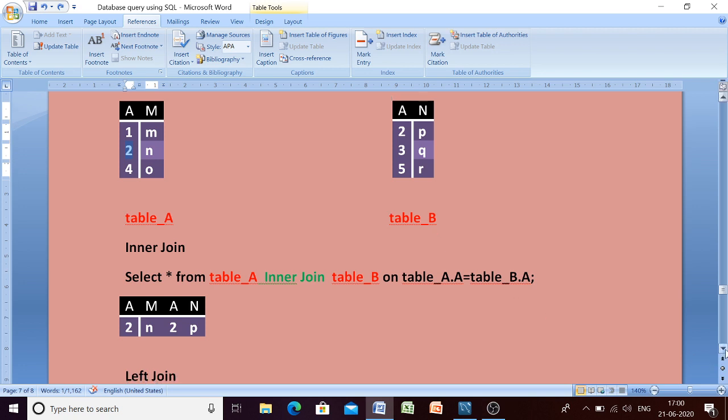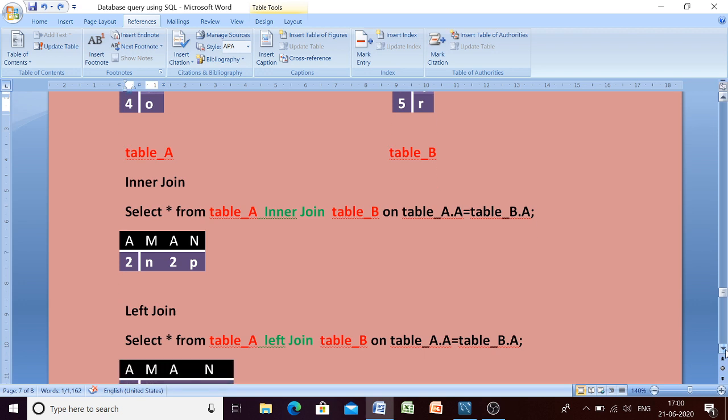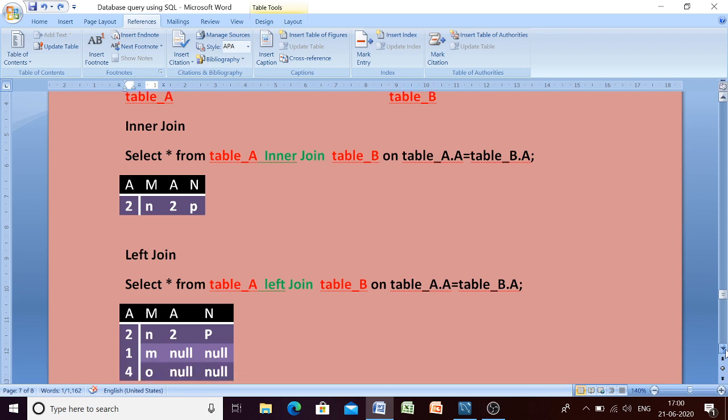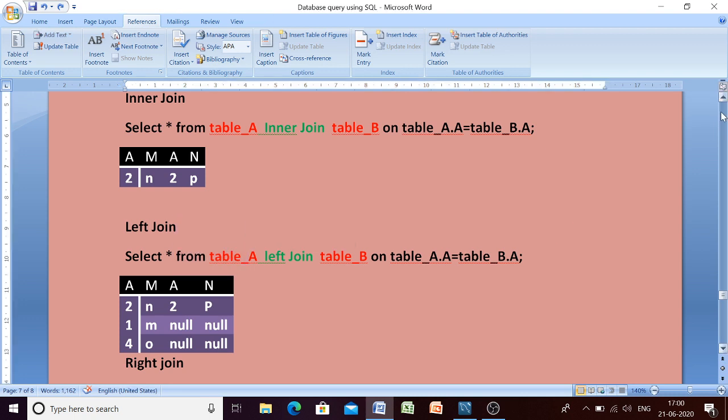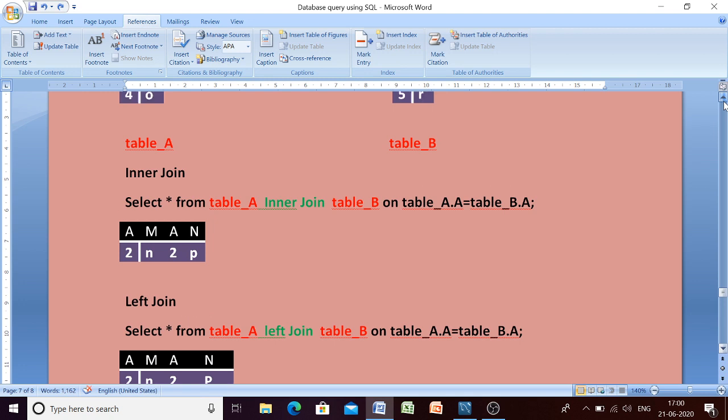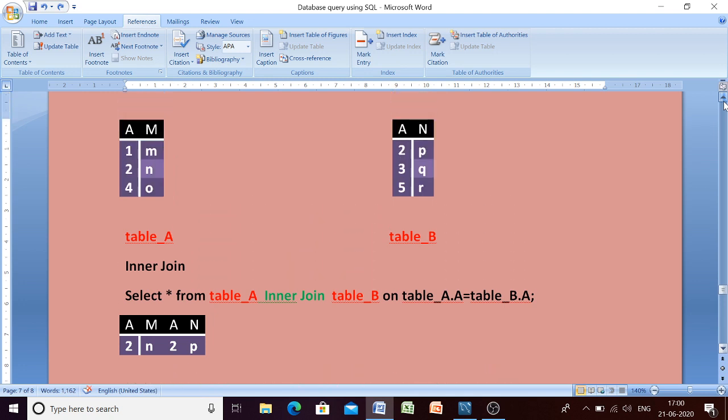What about left outer join, beta? Left outer join will give you all the records from the left table and the matching records. All the records from the left table means which table, beta? Table A. Let me show you what records are stored in table A. Let us see it carefully, beta.